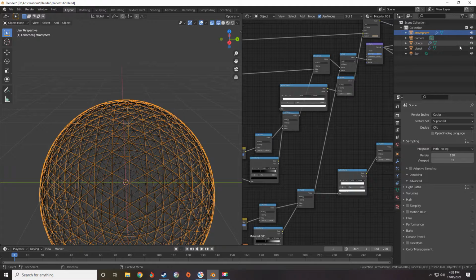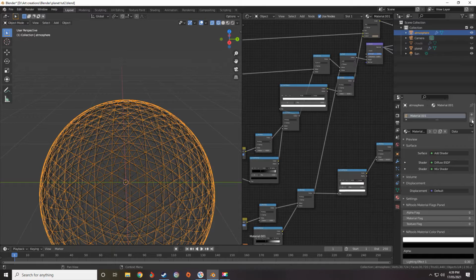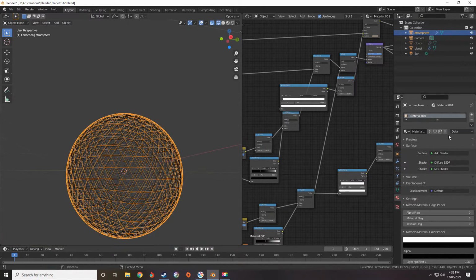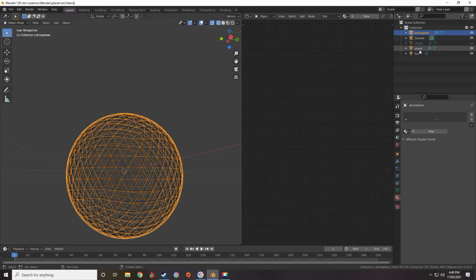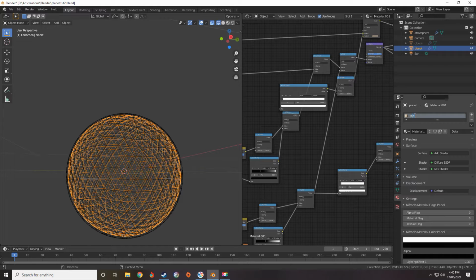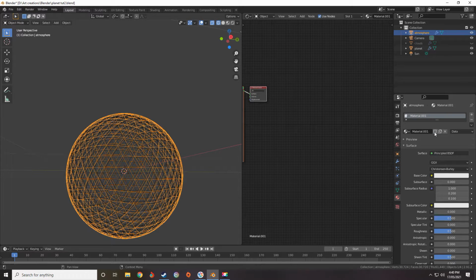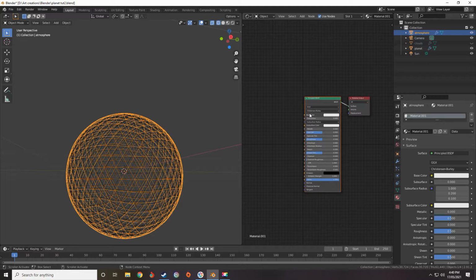So I'm actually going to hide the cloud layer to begin with, and we're going to start on the material for the atmosphere. So let's go to Material tab, press the minus to remove the planet material that we've currently got. Let's actually name that. So we'll go here, name it planet. There we go. Now we'll go back to our atmosphere, add a new material, remove the principled shader,